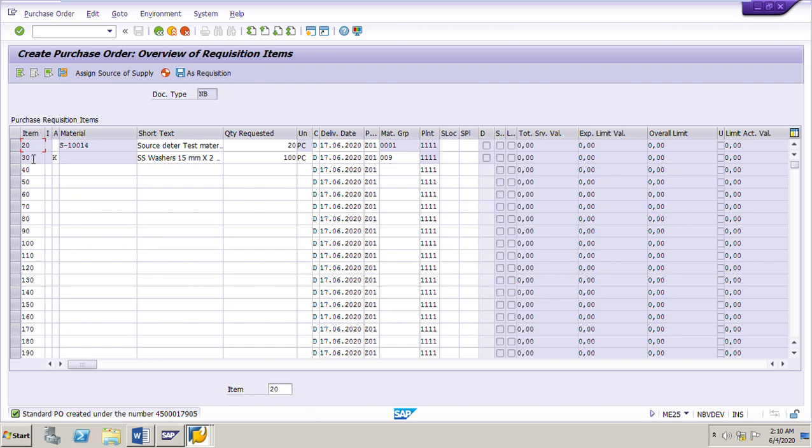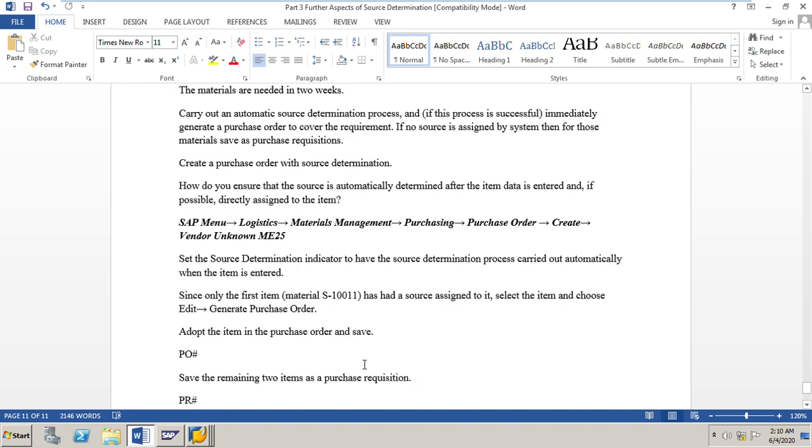Why has it gone? Because the first line item, number 10, was converted into a purchase order. Just note down this purchase order number: 4500017905.